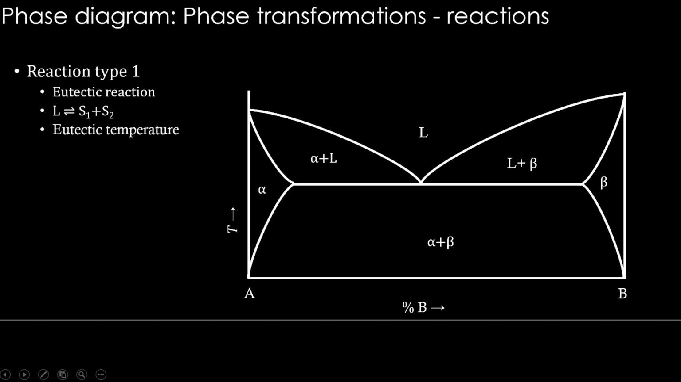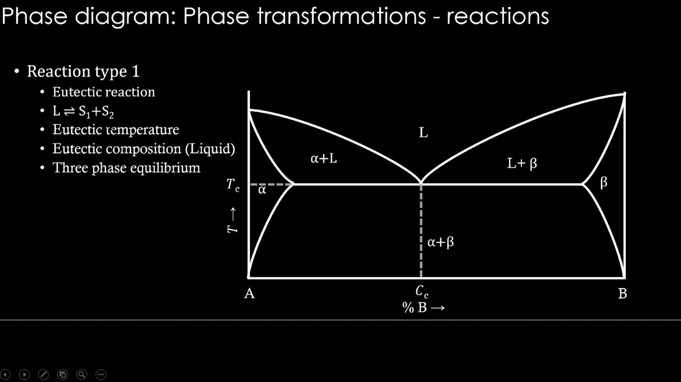So this occurs at the eutectic temperature. Here we are marking the eutectic temperature like this, TE. That is the temperature at which this reaction will happen, and it will happen when the liquid has something called the eutectic composition, labeled here as CE. Liquid should have this composition to become the eutectic product, which is solid 1 plus solid 2. So this is a three-phase equilibrium,